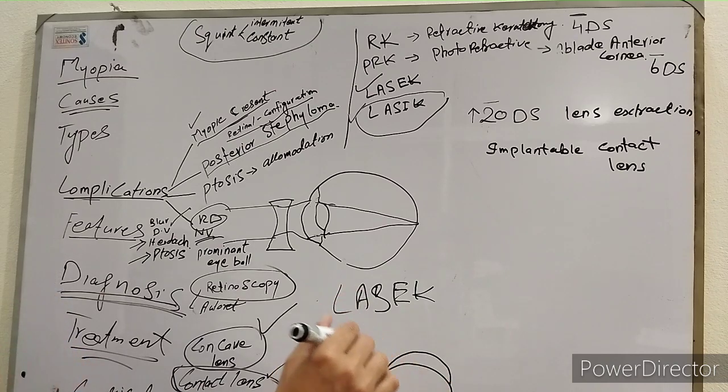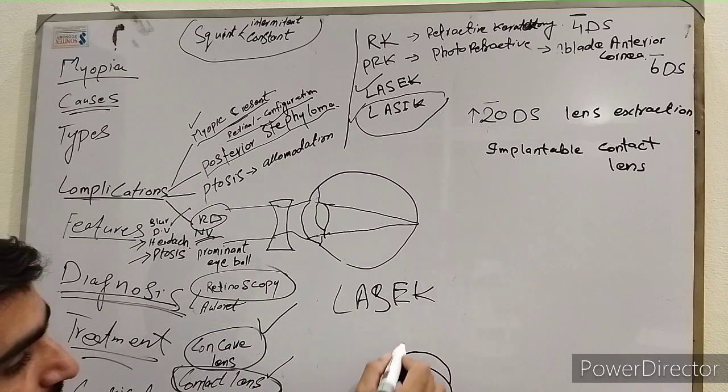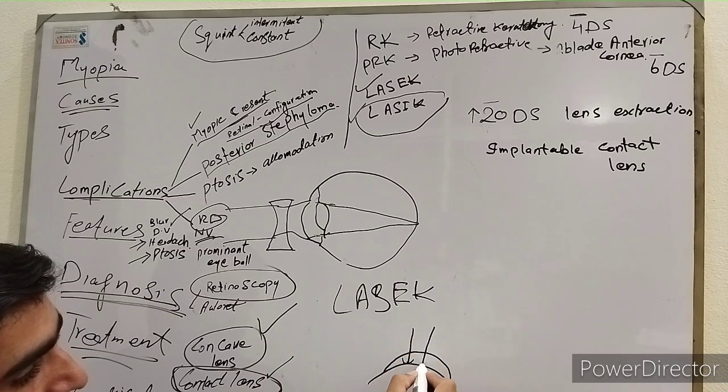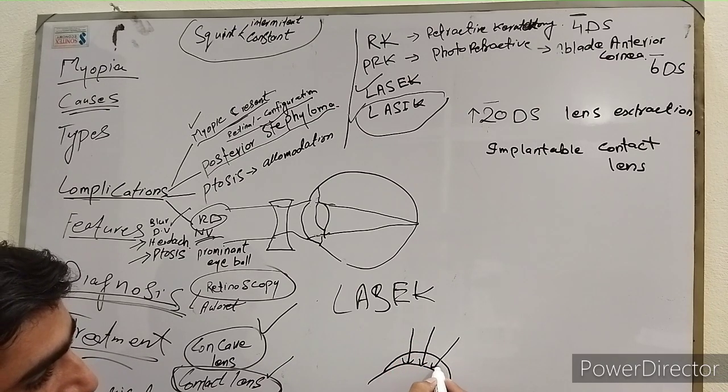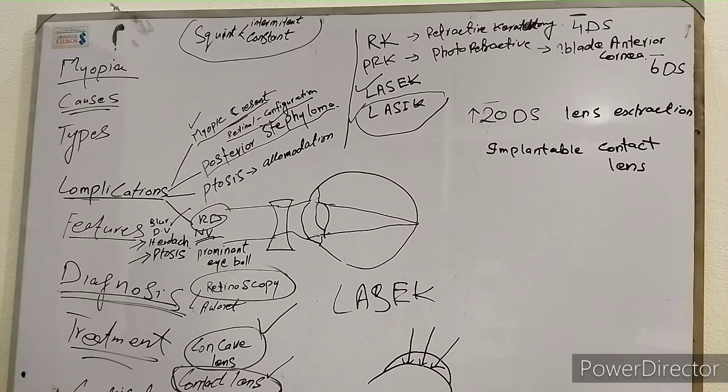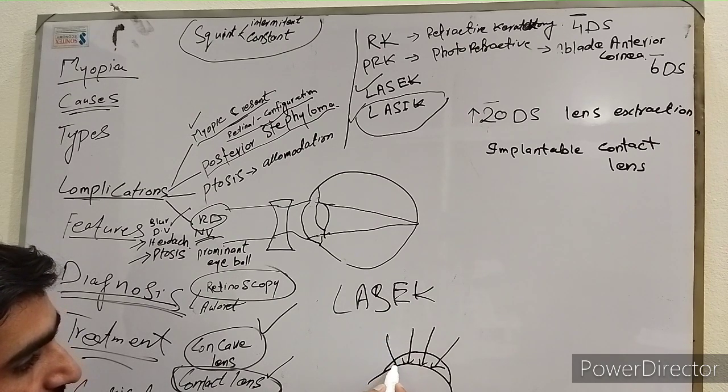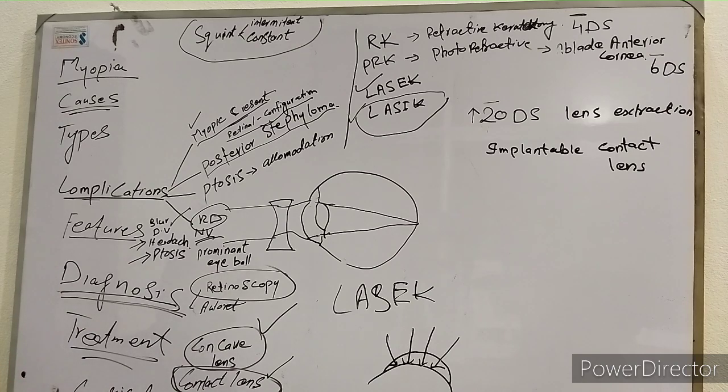When we pick, first of all, we put alcohol on the cornea. When we put alcohol on the cornea, then epithelium automatically starts to detach from the cornea. Here the epithelium detaches a little bit from the cornea. Now what we will do, we will put laser on the stroma. In this case, we decrease the thickness of the stroma. When we decrease the thickness of the stroma, then the refractive power decreases. This is called LASEK.